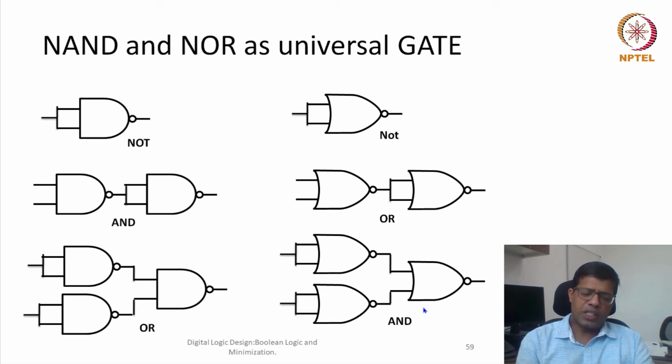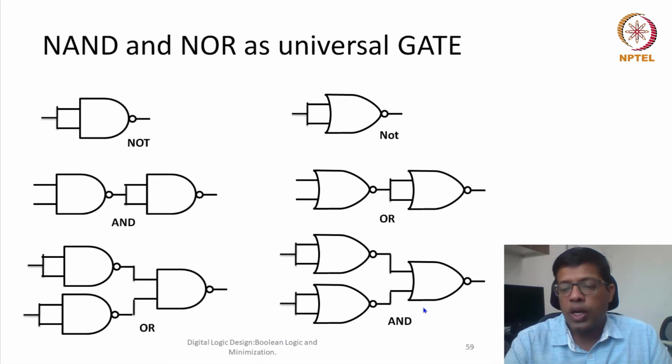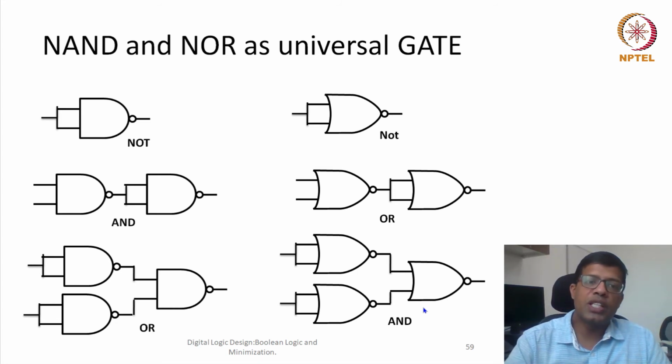So that's the significance: if we have only one universal gate, we can use that effectively to create any sort of other logic or other gates. So this is one application. The other thing we can see is that